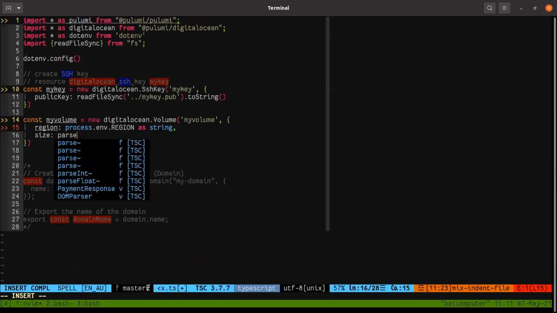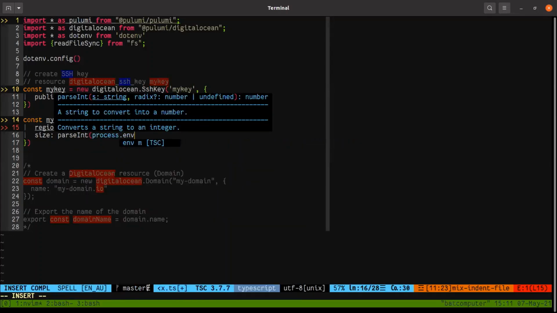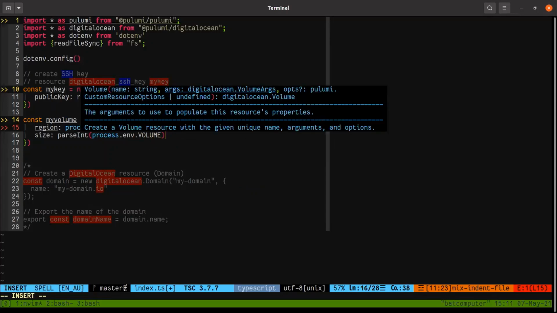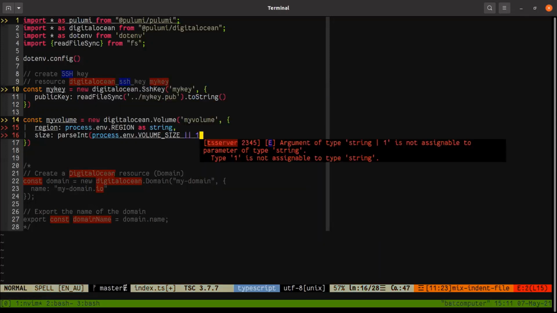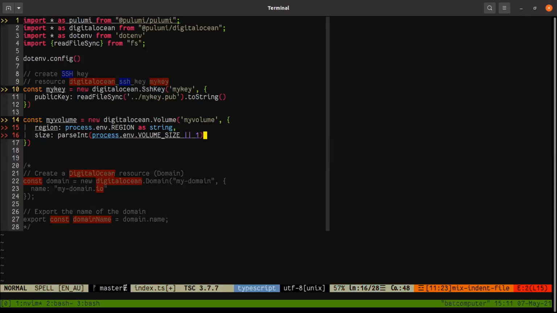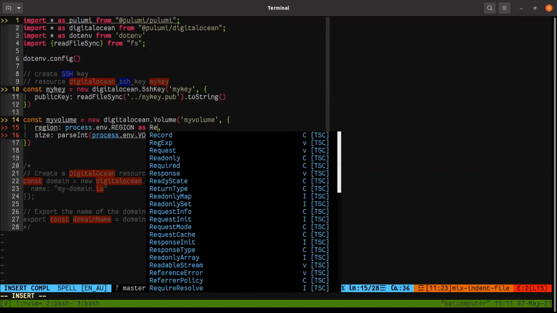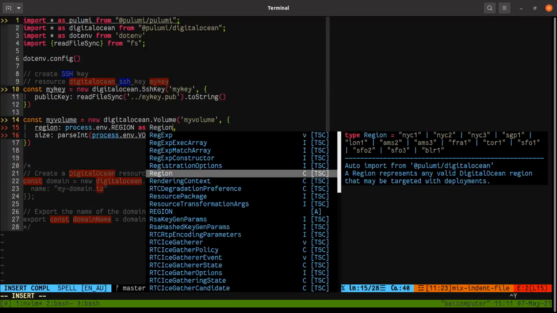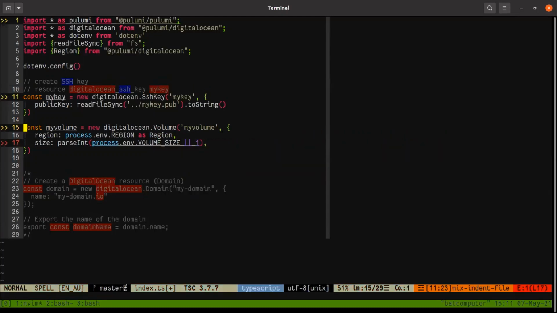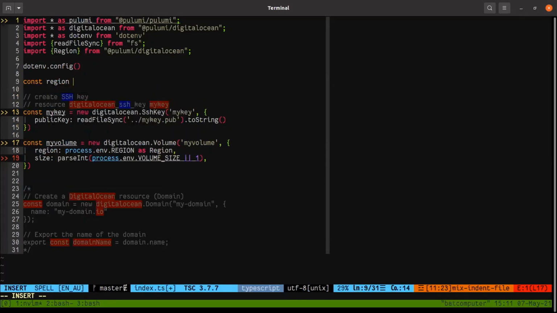So we'll say parseInt process env volume size. Okay. Parse it. So, oh, sorry, I need to do this. Okay. Otherwise, I can just put it up here. Just save some time.